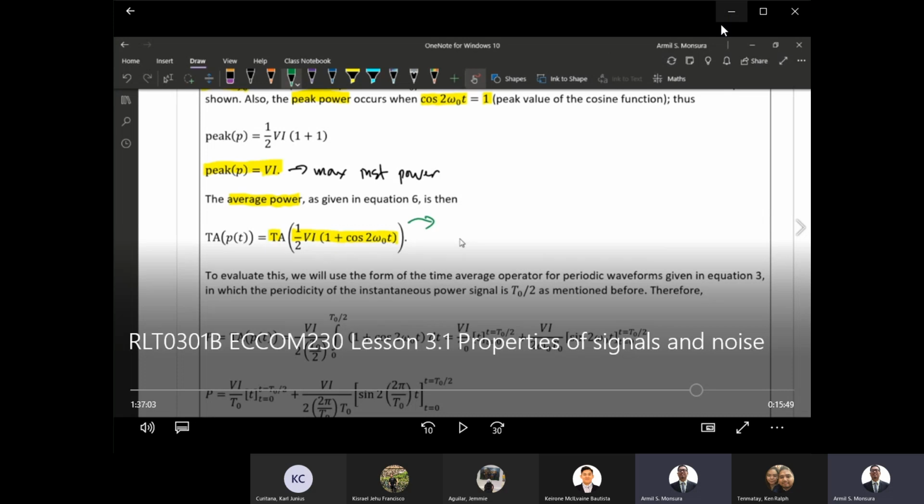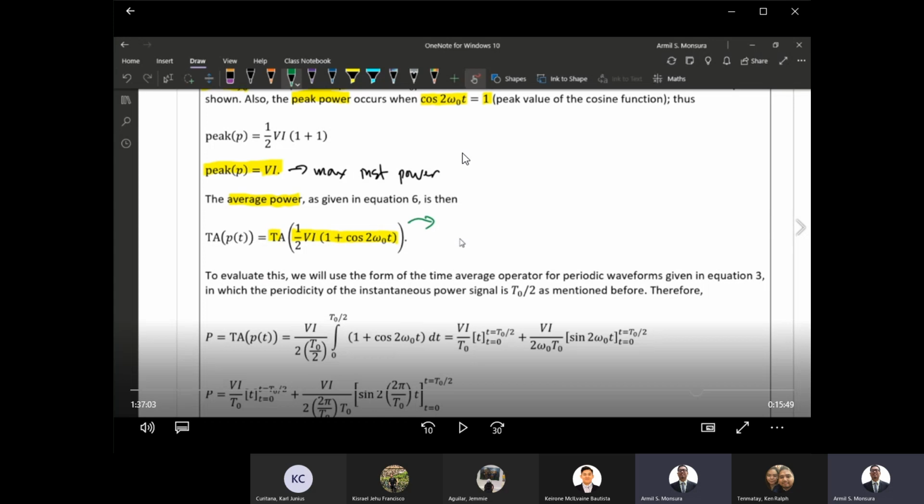So I'll stop the presentation at that point. Okay. So in this part, actually ito na yung part sana na mag-evaluate tayo ng the average power galing sa instantaneous power. Okay, so that is where we will use now the time average operator on the instantaneous power, which is the product of the voltage waveform and the current waveform. Okay, so ayun so that is why medyo i-stop ko na siya dito kasi medyo mahaba,